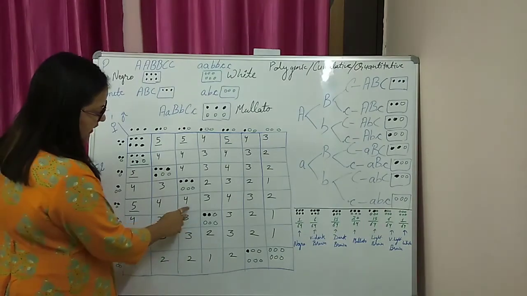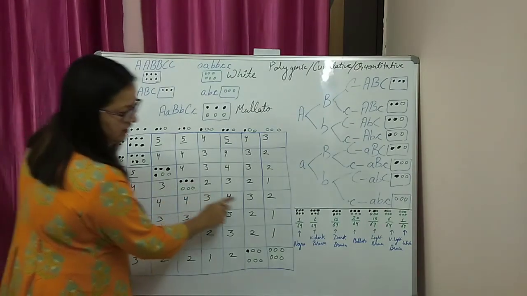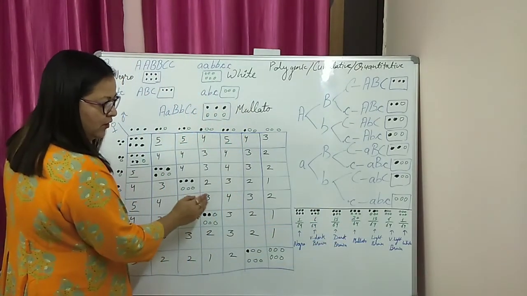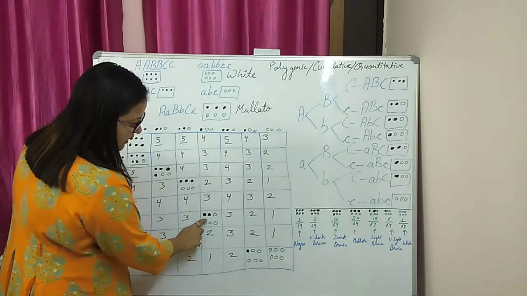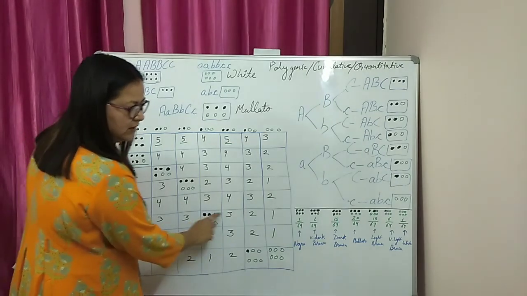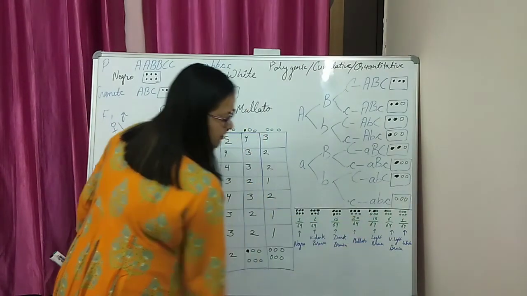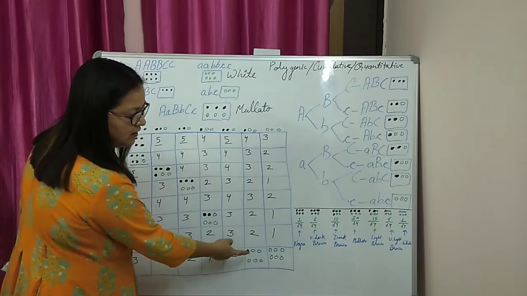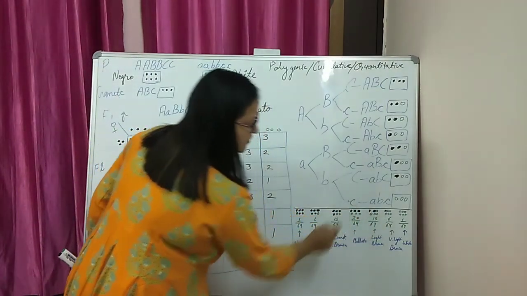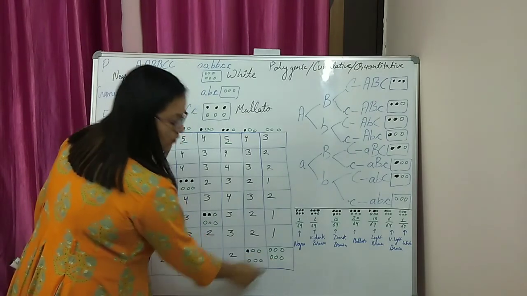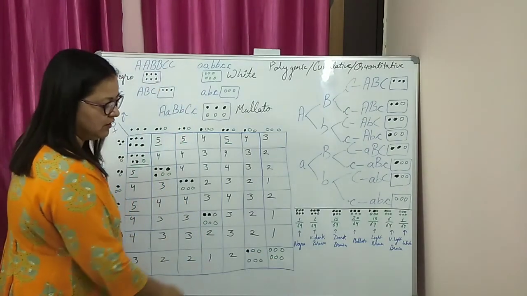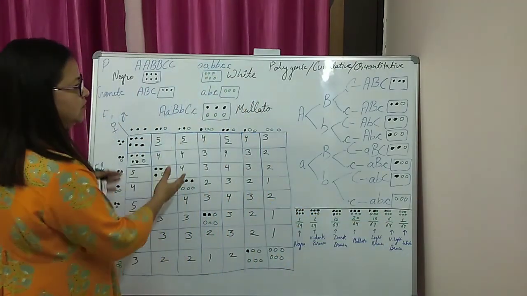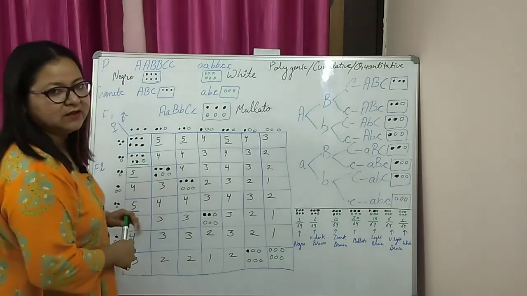Okay. Then how many of mulatto? Then we can count, it is 20 out of 64. Then only 2 dominant alleles means light brown, it is again 15 out of 64. Then only having 1 dominant allele means very light brown color, it is 6 out of 64. And the last one, all the alleles are recessive, so it will be the white color, it is only 1. So we can use this way to express the polygenic inheritance.